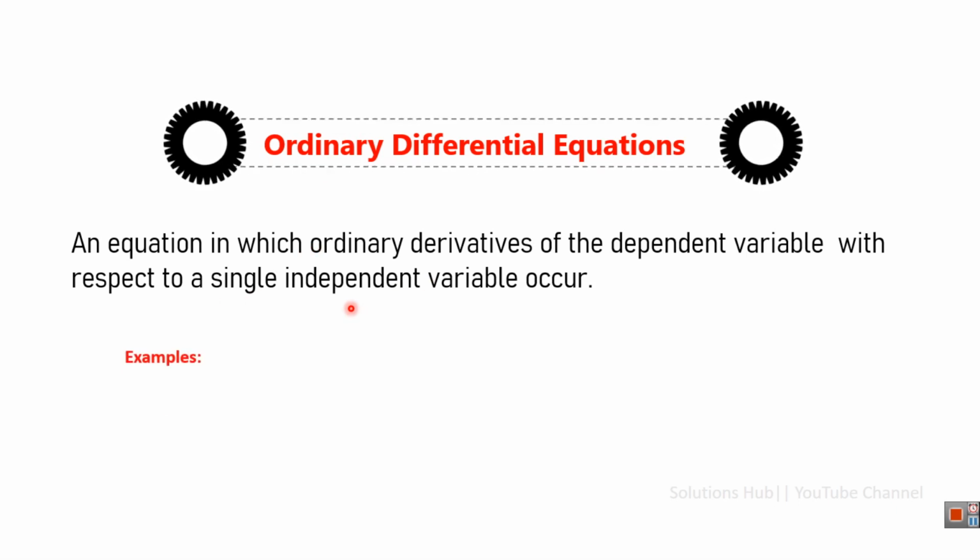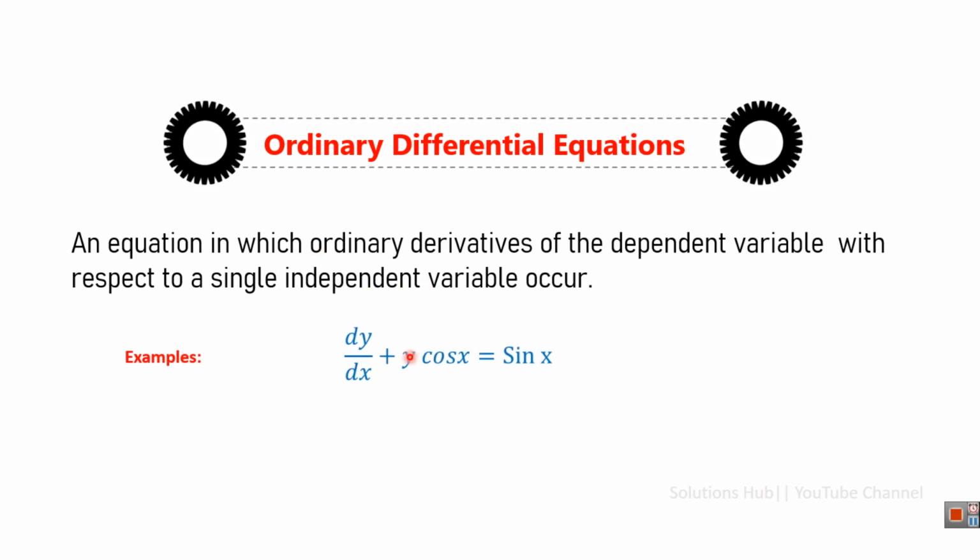So here we have examples of some ODEs, that is, ordinary differential equations. Here is the first example of an ordinary differential equation. You can see that the only derivative appearing here is dy over dx. The y is basically the dependent variable and x is the independent variable. So the derivative of our dependent variable with respect to a single independent variable x is involved here. That is why it is called an ordinary differential equation. You can see there are no other derivatives involving another independent variable. The only derivative here and the only independent variable here is x.